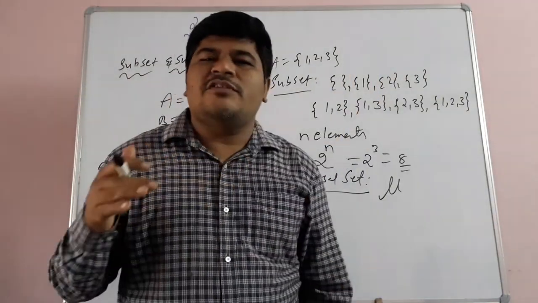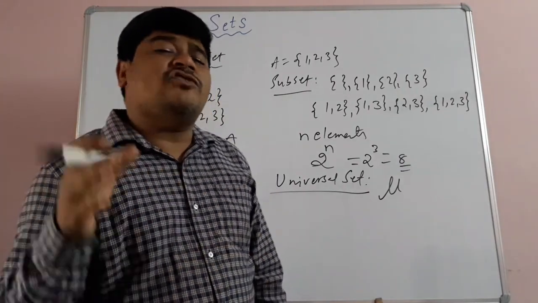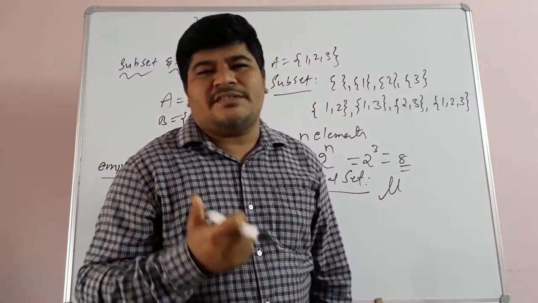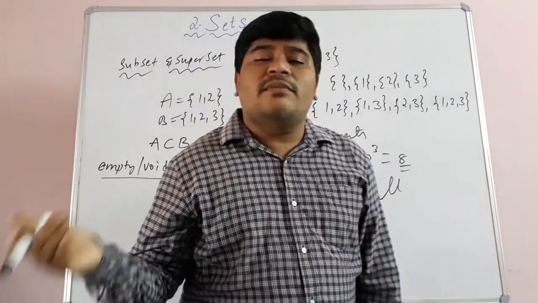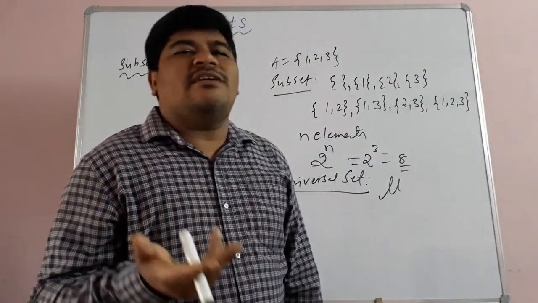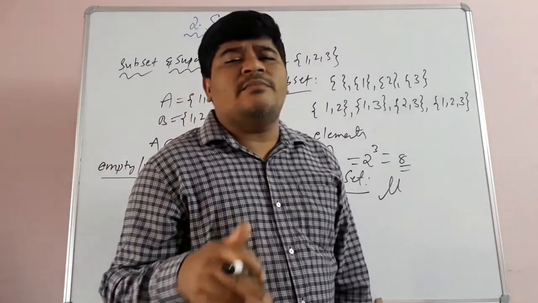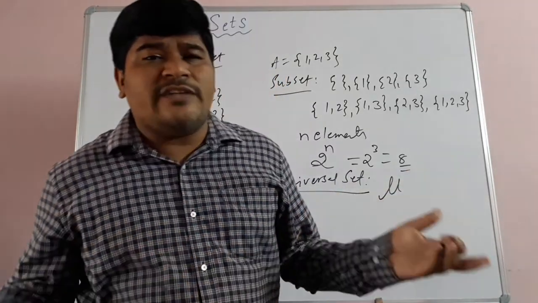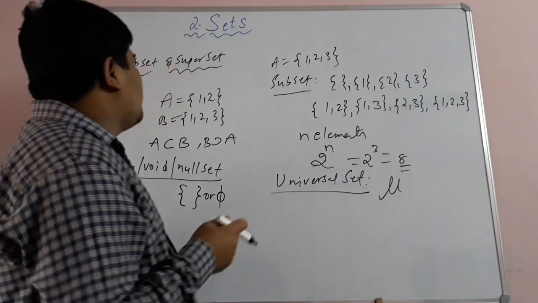Suppose you take your school and its first class, second class, third class, fourth class, fifth class. If all these are sets, then to all these sets your school is the superset. Obviously, to all the classes, the school is the universal set. If you take odd numbers, even numbers, prime numbers, what is the universal set of all those sets? The natural number set. The natural number set is the universal set of even numbers, odd numbers, prime numbers, composite numbers, cube numbers, square numbers, perfect square numbers, since we are taking these numbers from the natural numbers. So obviously the natural number set is a superset of all these number sets.